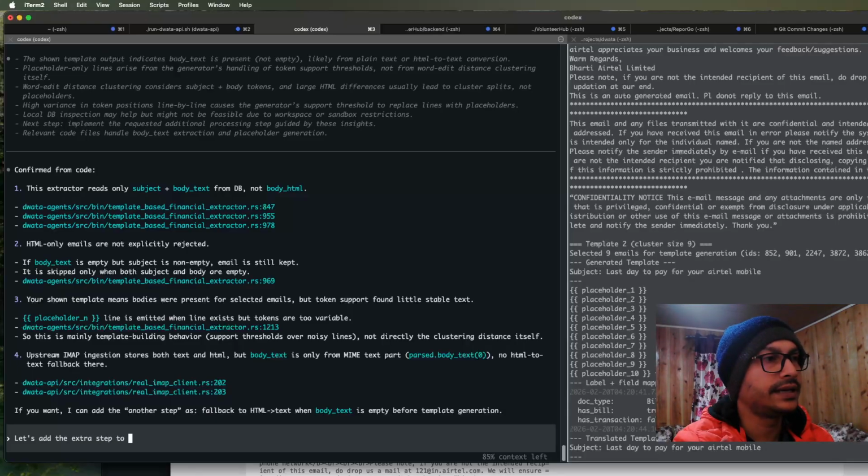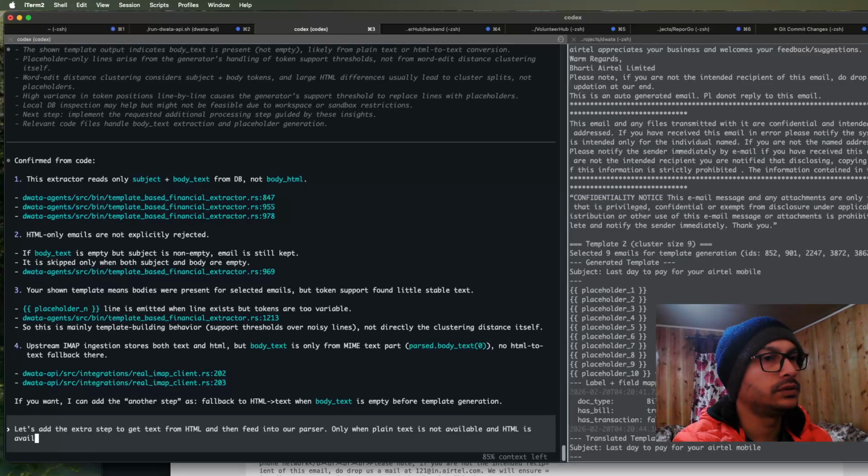to get text from HTML and then feed it into our parser only when plain text is not available and HTML is available. Just specify email